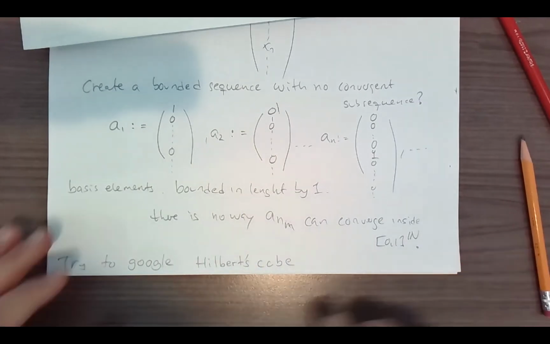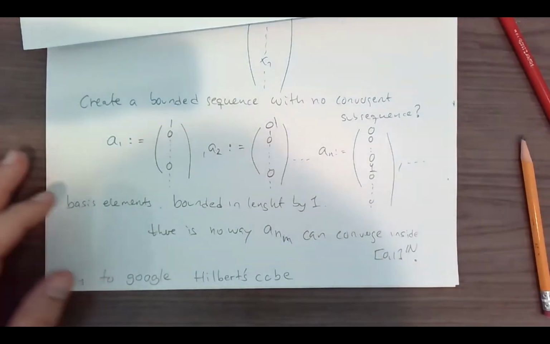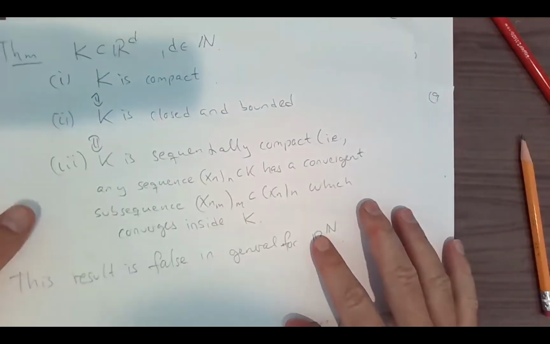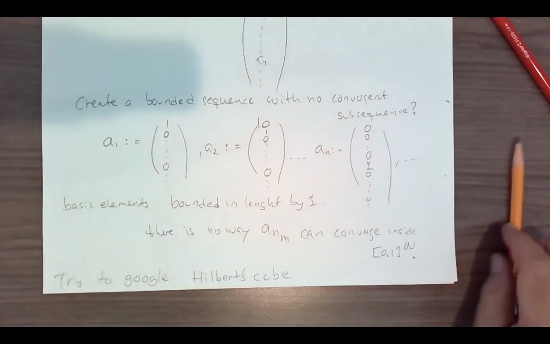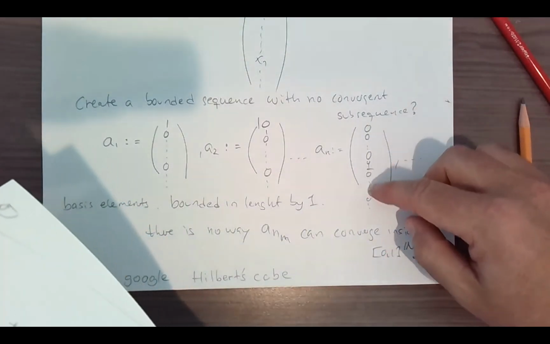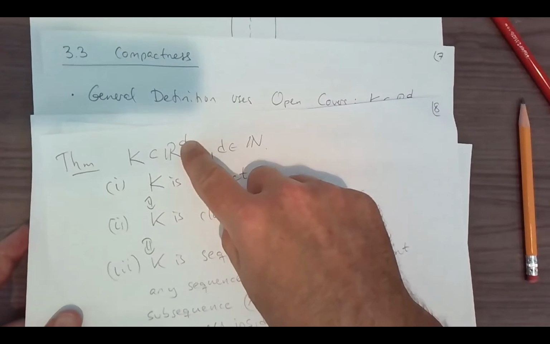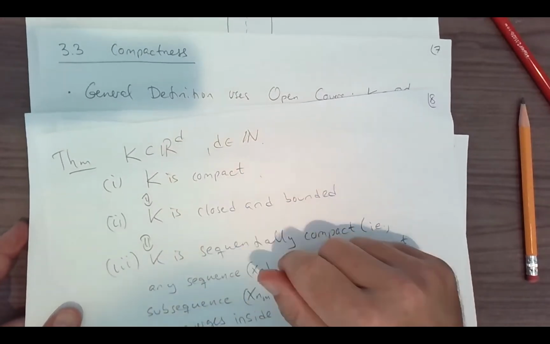If you're interested in such things, Hilbert's cube is a good place to start, and you can get a sense of why. Here you're getting a sense of why there's something with the dimension. In the setting that we are in, it's impossible to push it away because the dimension is fixed.